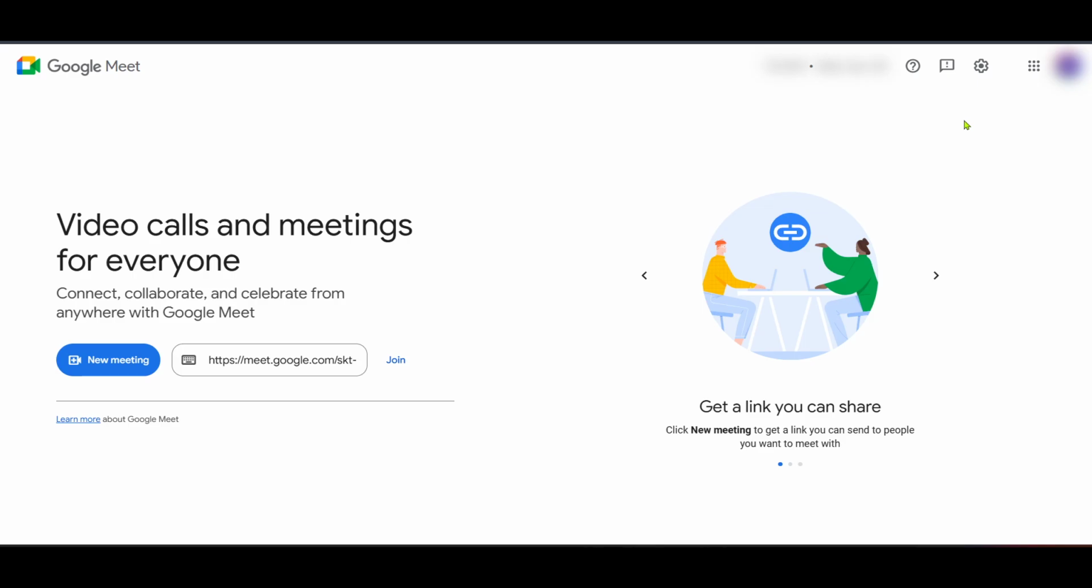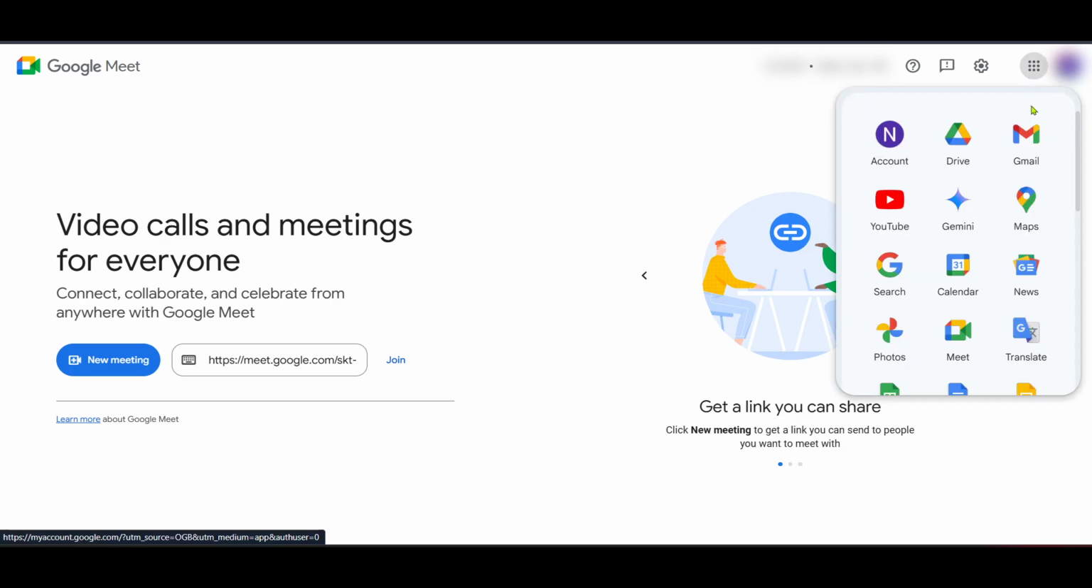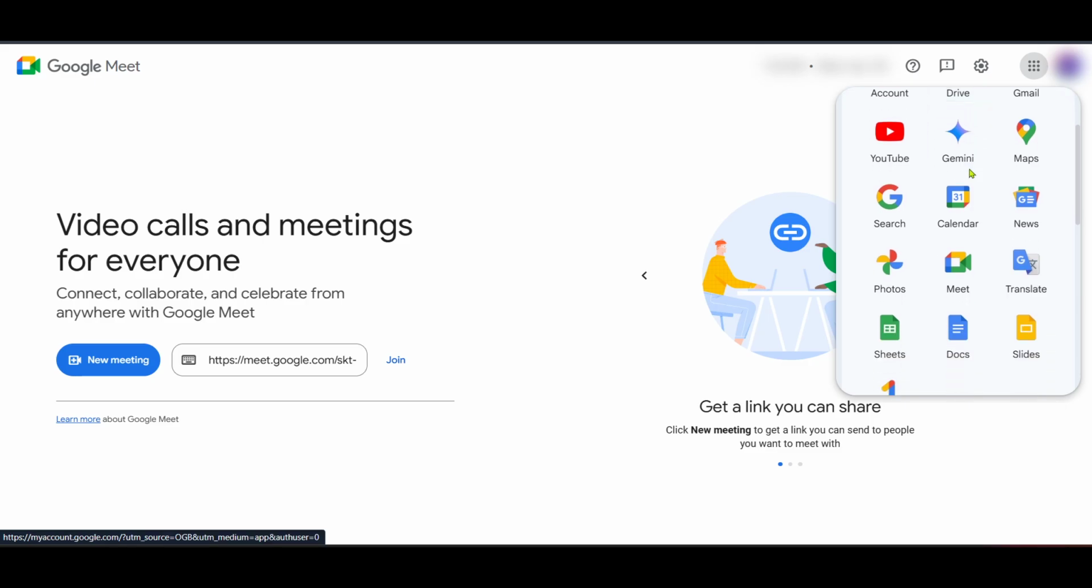Now that you've arrived at the Google Meet page, direct your attention to the top right corner of the screen, where you will see an icon that resembles a grid of small squares, often referred to as the waffle icon. This feature provides a handy way to access various Google services all from one place, making your navigation super efficient. Click on this waffle icon and a menu will drop down, showing you all the Google apps available at your